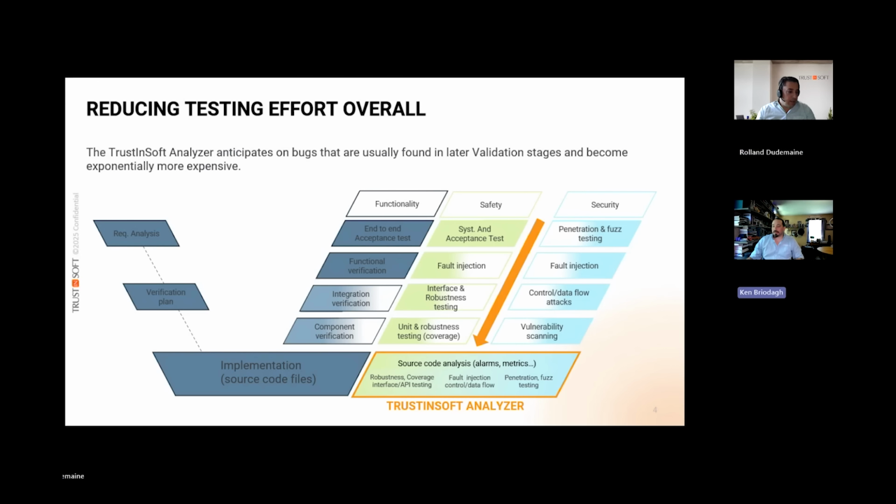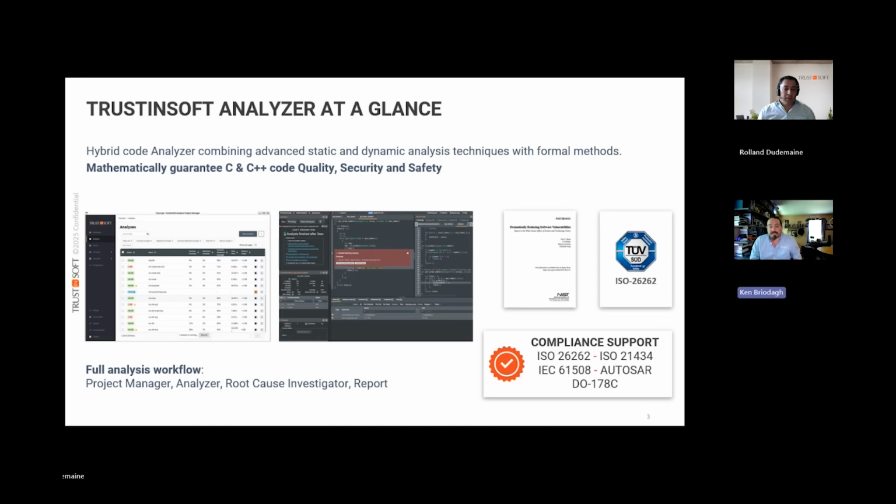Interesting. Sorry to interrupt. I just wanted to say that it's really interesting because the first time I saw this was at Embedded World this past year. I got a chance to take a look at the analyzer, and you were saying that this is functional for C, C++, and now for Rust. That's newer, right? That is true. Thanks for the note. Actually, the previous slides were updated for Rust, but this one I missed. It does say C and C++, but actually it does cover Rust. Right now, we're capable of doing services on the Rust side, because TrustInSoft can also do the analysis for you if you want to.